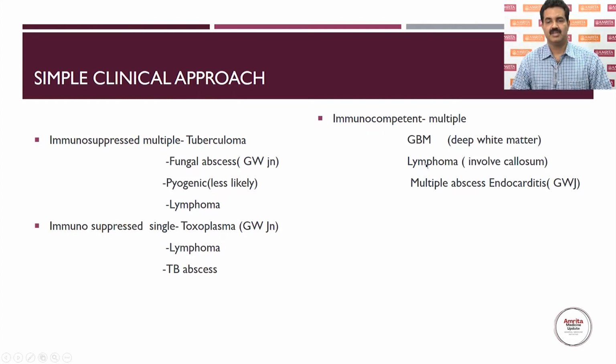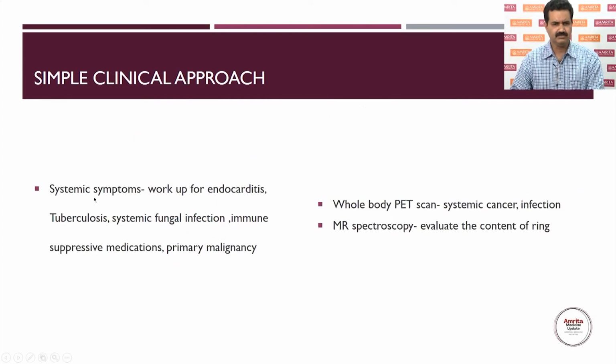We have shown that, and lymphoma can involve the corpus callosum, because they are not exactly deep. They can happen in the white matter usually, especially between the hemispheres. So it will be callosum involvement. So lymphoma can involve the corpus callosum. And if there are multiple, we have to consider endocarditis. Endocarditis, again, the abscess will be in the gray-white junction. So then we have to look for systemic symptoms like endocarditis. The patient will have being unwell, fever, body ache, systemic symptoms, and then they will develop these brain symptoms.